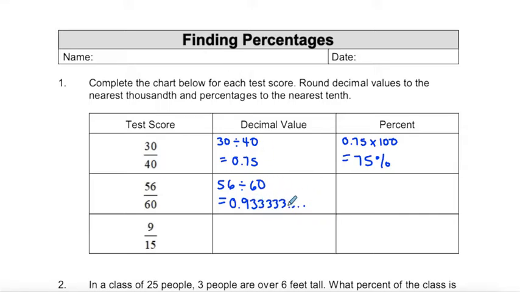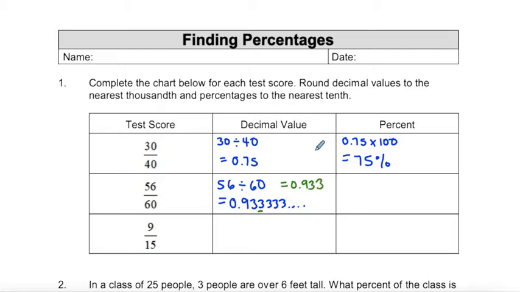So it goes on forever and ever. So if I was to round this to the nearest thousandth, so that is this place right there, I would look to the right, because it's a 3, I can just keep that as a 3. I don't need to round that digit up. So this would become